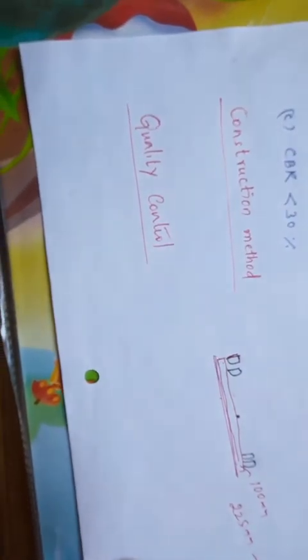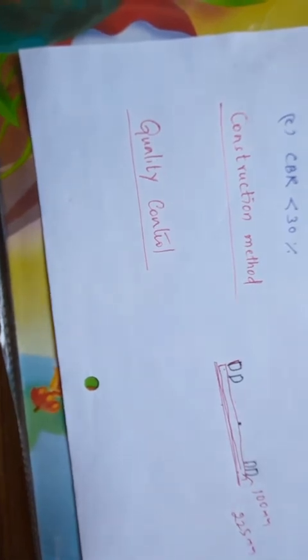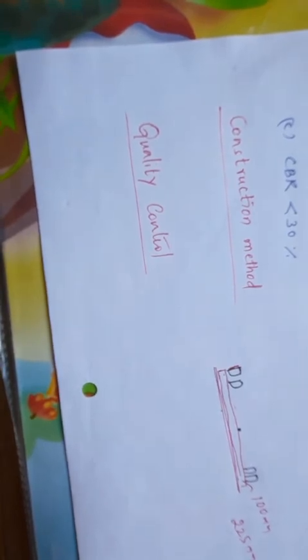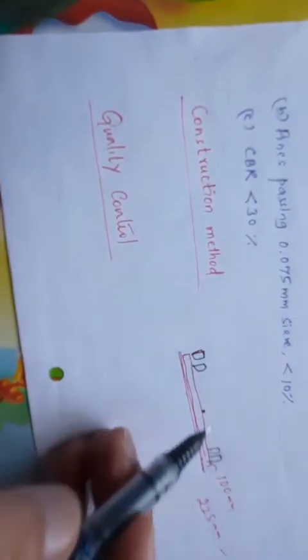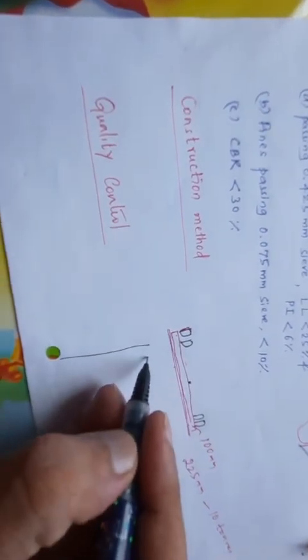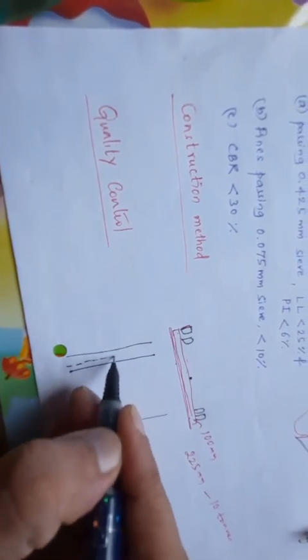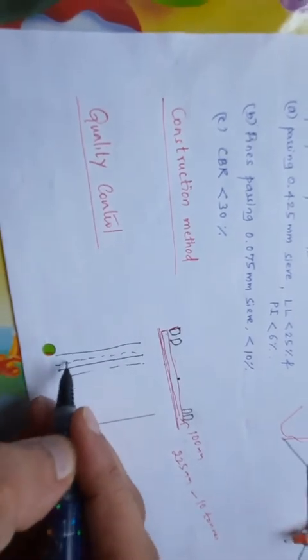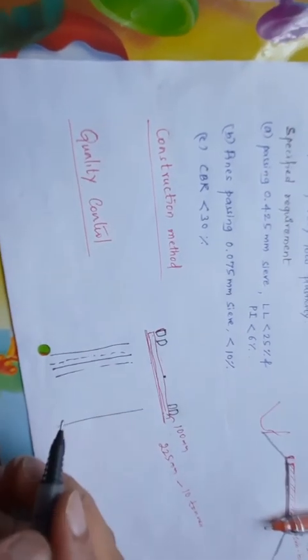See, the rolling is done starting from the lower edge and proceeded towards the center of the undivided carriageway or towards the upper edge of the divided carriageway. In the sense, in case of the national highways, it has to be taken up to the carriageway, divided carriageway, with a minimum 1/3 overlapping. If one time the rolling has happened, the next time, it's shown in the top view. If the rolling has happened this much, the next time if you want to roll it, you have to roll 1/3 considering this, and here the next rolling. So 1/3 overlapping of the previous has to be done.